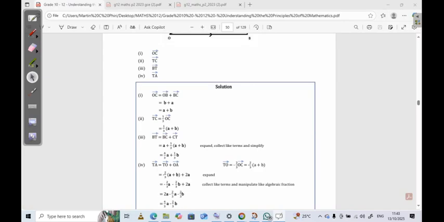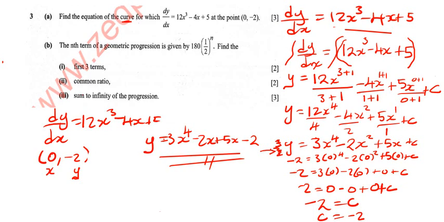Sir, why have you put negative, what's this? 3x power 4. Why have you put 4 there? Here where I have put 4, here,